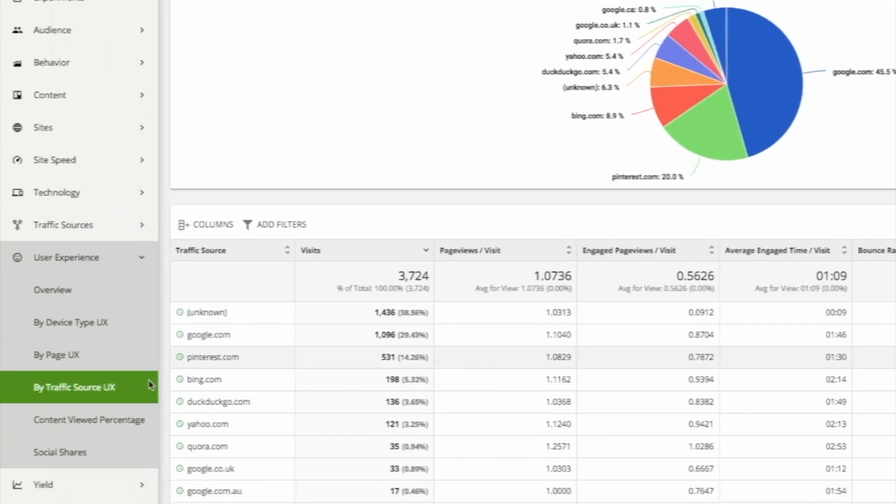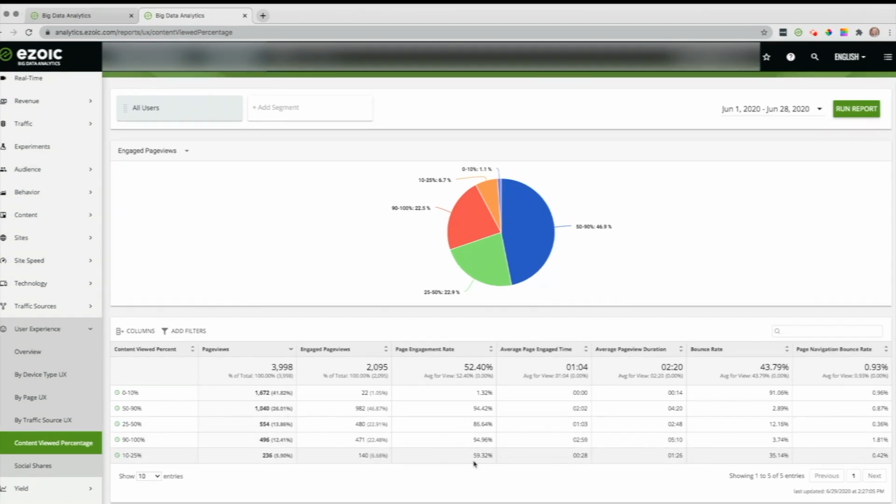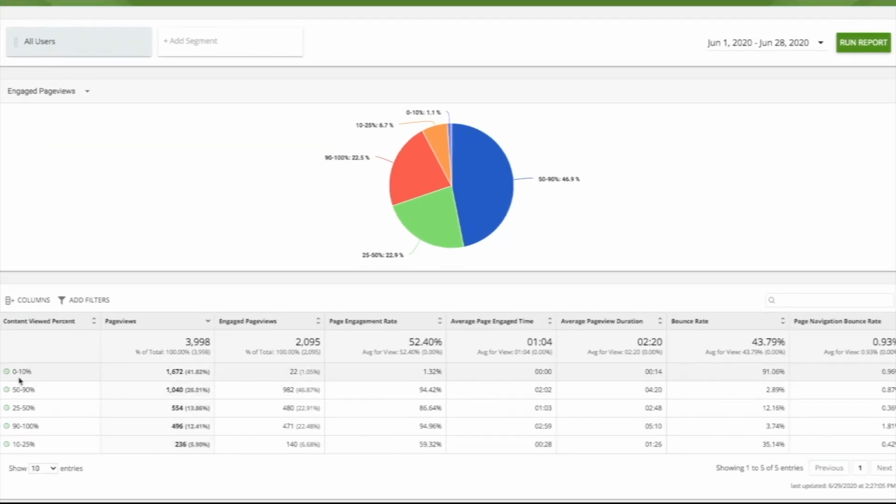In the next tab, Content Viewed Percentage, we can see how much of the content is viewed. It seems that the majority of people only view 0 to 10%, while the percentage with the best overall average is 25 to 50% of content viewed. It is steady on all 7 metrics. This publisher should see how they might optimize the first 0 to 25% of their pages to encourage users to